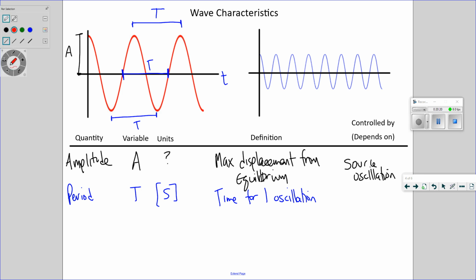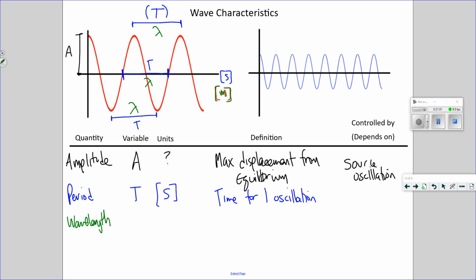Okay, if that is not a measurement of time, but a measurement of position, let me say, what if this was measured not as time? This will make it maybe a little clearer. If this is measured in seconds, then this is a number of seconds. If this is measured in meters, then that's an amount of distance, and that distance is called wavelength. Lambda, measured in meters or centimeters, millimeters, kilometers, something like that. And that's distance